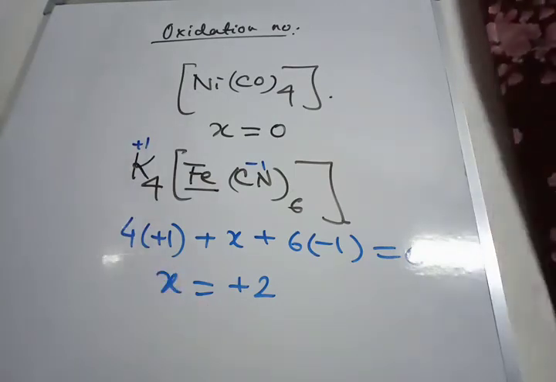Next, nomenclature of coordination compounds. Few points are there. First point is order of naming the ion. Whether it be simple ion or complex ion, always the cation is named first followed by the anion. Okay. Next point is order of naming a coordination entity. Now we know that a coordination entity consists of metal and ligand. So always the number and name of the ligand is written first, followed by the name of the metal, and its oxidation number is written within brackets in Roman numerals.